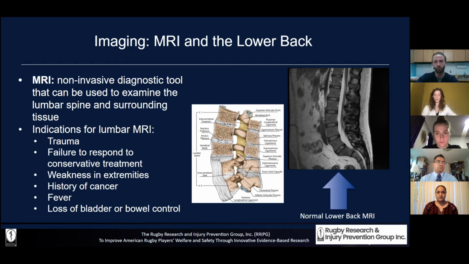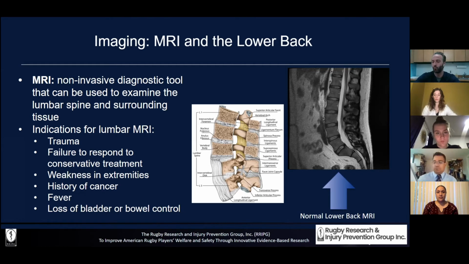Is it a spinal cord issue? Is it a fracture? Is there an infection? I have to be able to rule these things out, and an MRI is a great instrument in ruling these things out. However, when you're talking about just generalized back pain,